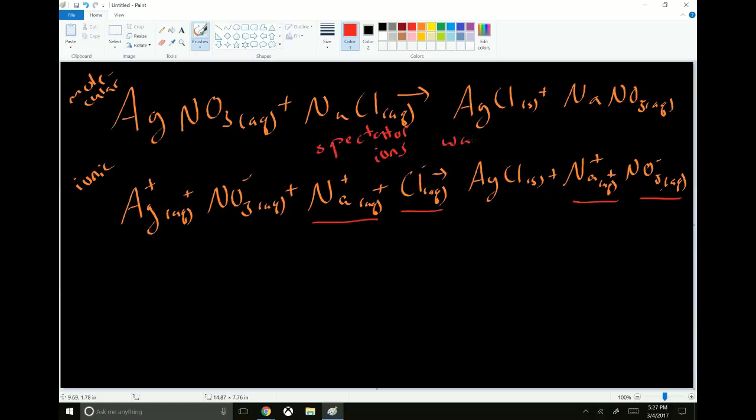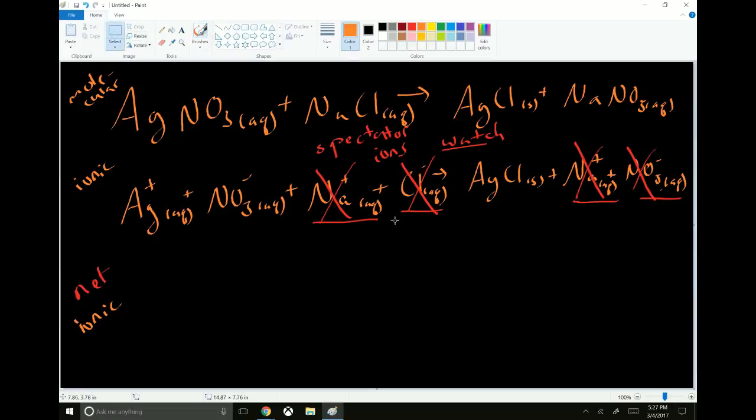They like to watch. They're not doing anything. They're not taking part in the reaction, so they might as well not be there. So what we do, moving on from the ionic equation, is we write the net ionic equation. Okay? That's where you remove the spectator ions and only